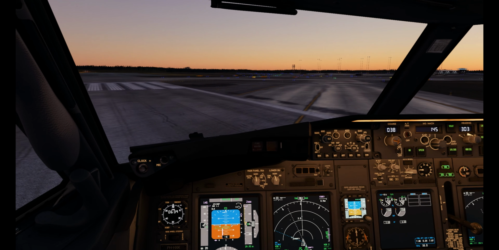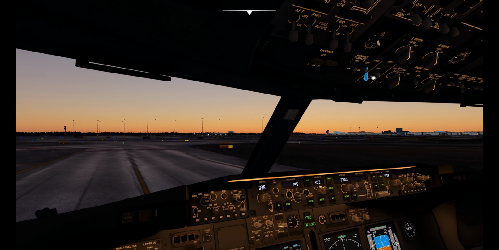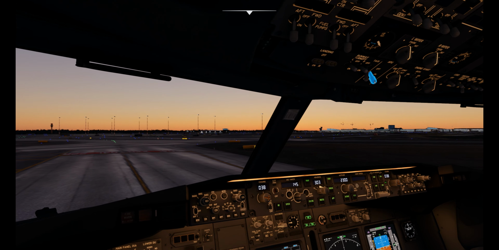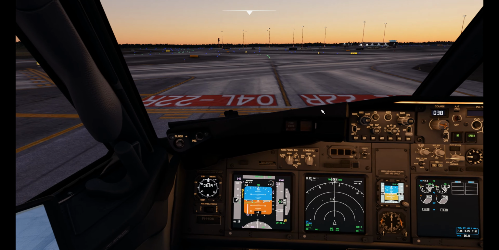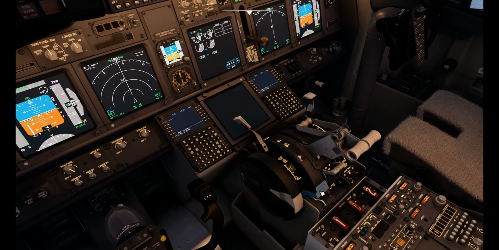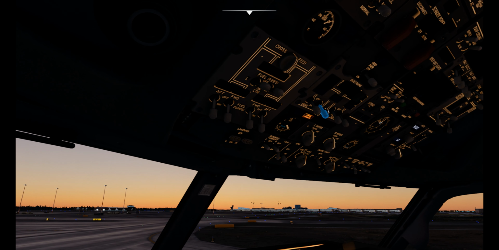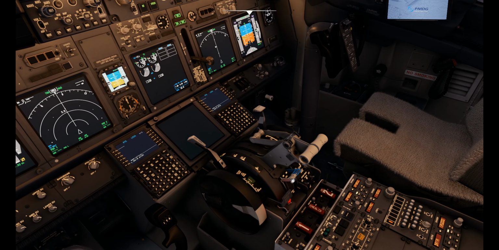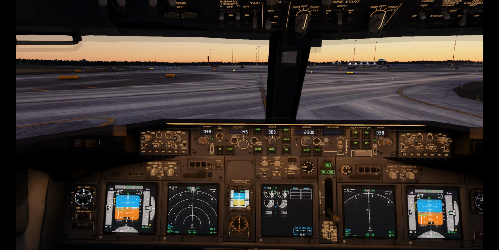To make it more official towards the gate now, you can switch off the landing lights, switch on the taxi lights, keep the APU one click down, keep it pressed down until it pops back up, and that's starting up the APU. By the time you reach the gate, I'm going to set the parking brake here for now. By the time you reach the gate, the APU generators will become available, these two center here, and you can simply press those two both down, select the APU bleed, and you can kill both engines. That's what we want. One last thing we will do here, to simulate a full stop on the gate here real quick,